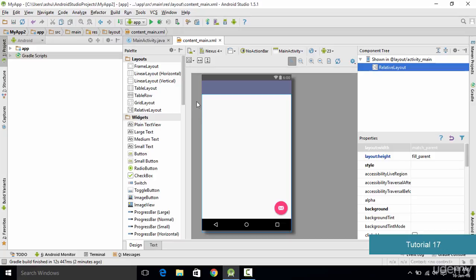So basically a grid layout is a type of layout in which we have a number of rows and a number of columns, and we use these rows and columns in order to place the widgets right here. So in this tutorial what I have done is that I have opened up a new project